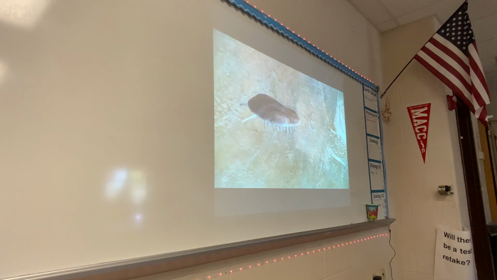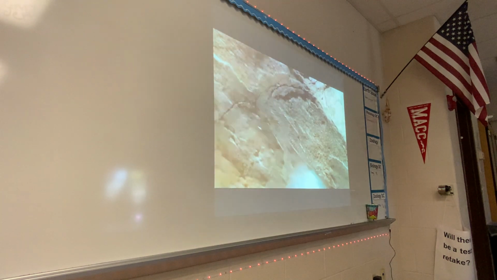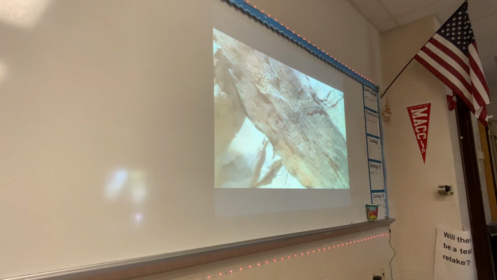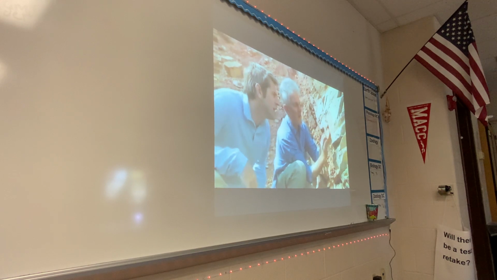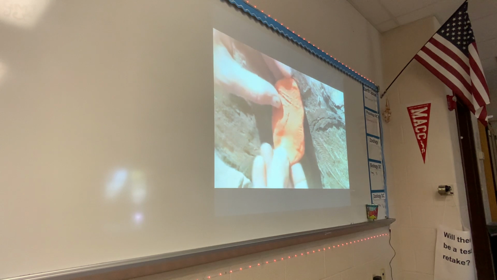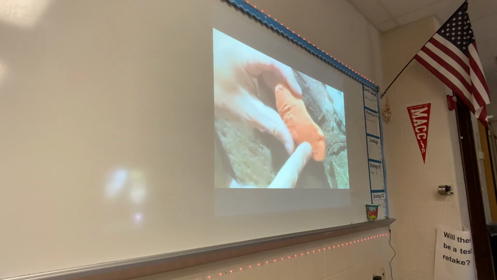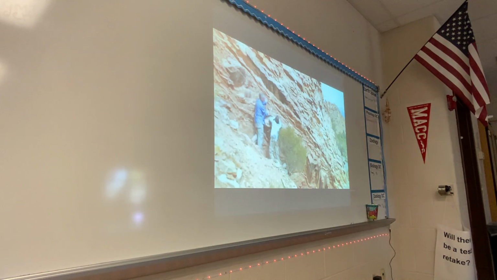Under here, we can see the imprint of quite a large creature, at least the size of your hand. This is Dickinsonia, and it has got the finest segments that you can actually believe. Can you see that? Yeah. Once you get it at the right angle, you can actually see the details of these body segments. There are about three there, there's another one there. So it's like it was impressed there yesterday. Every little detail is preserved in this. It's beautiful.